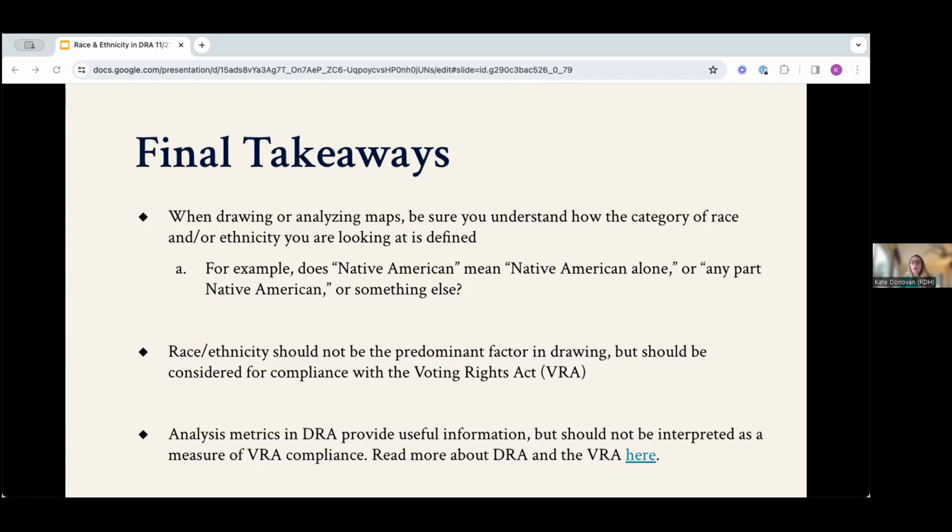If you are drawing a map, you should not use race or ethnicity as the predominant factor. However, it is wise to assess your map for compliance with the Voting Rights Act. That typically means getting an expert involved. Finally, know that analysis metrics in DRA provide really useful information, but should not be interpreted as a measure of